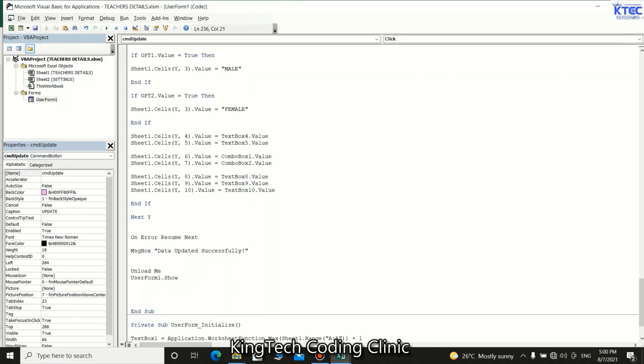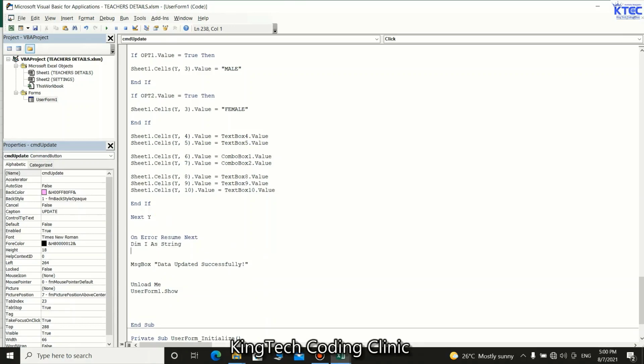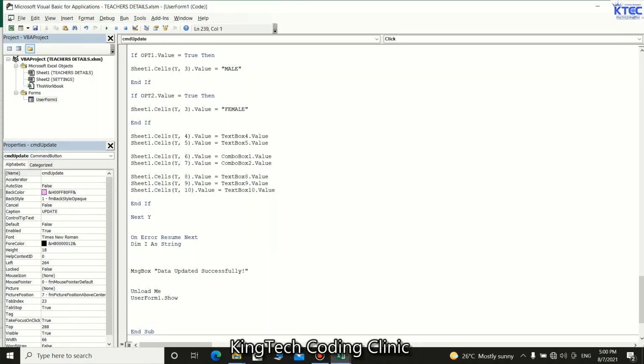next. Okay, and once we get that, we want to dimension, say dim I as what? String. Okay, perfect. I, as usual, I equal to what is holding the name, text box 2 dot text. Okay, that is the name. Text box 2 is holding the name. Okay, so we just use the file path stuff. So we just say